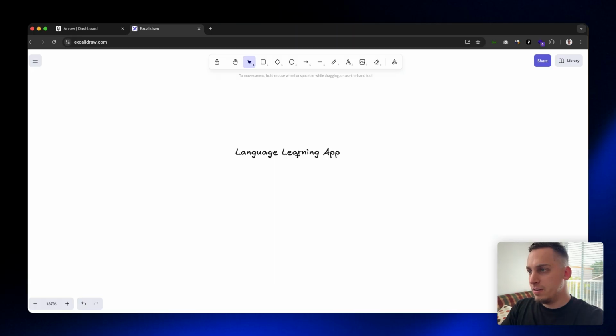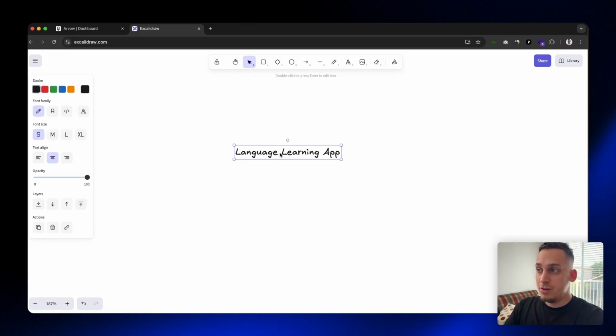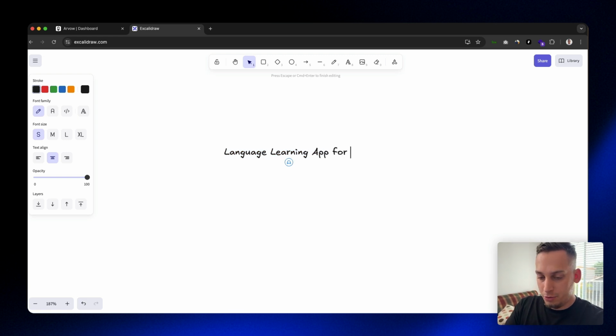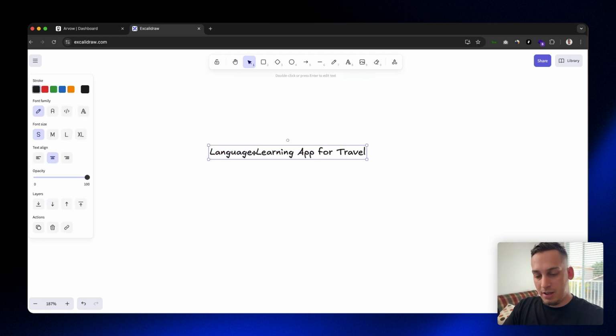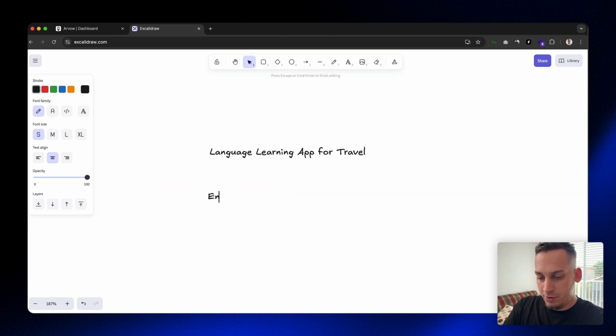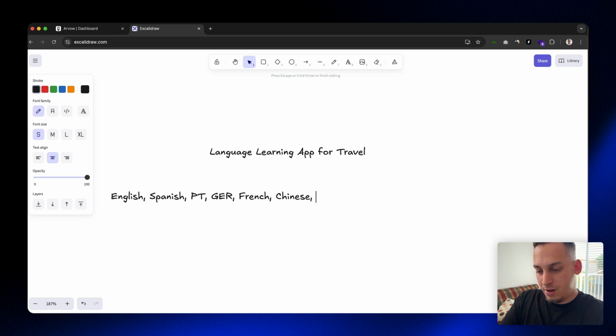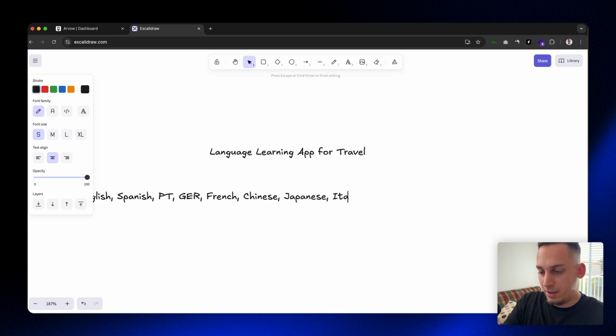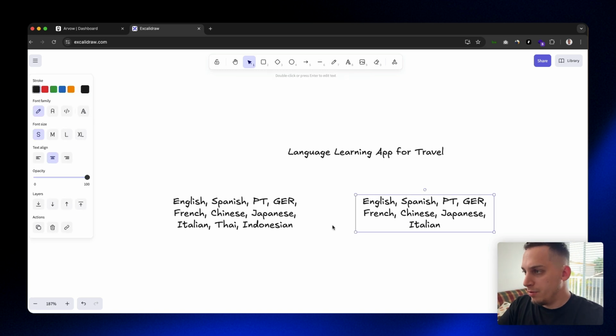In this case, we're going to be doing something that helps users learn languages for traveling. So it's going to be different types of languages. Let's start with English, Spanish, Portuguese, German, let's do something else like French, Chinese Mandarin, Japanese, and let's choose something like Italian. So I put a few more languages there, but basically what we need to do is